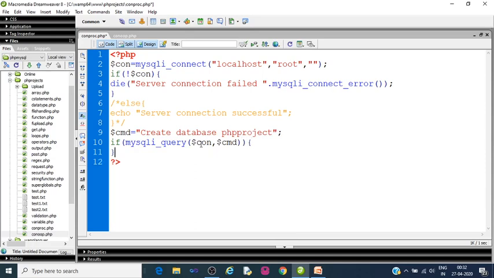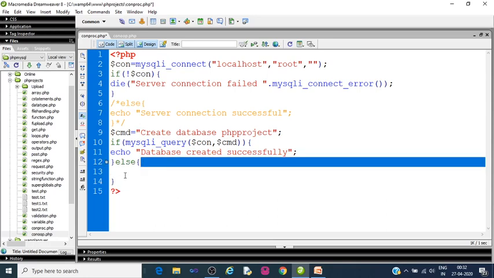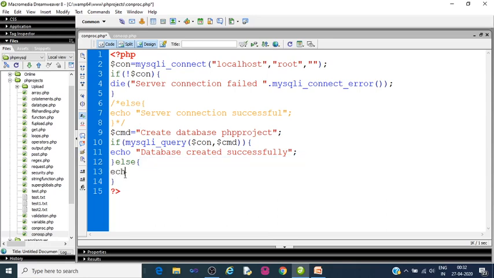If this gets executed, then echo database created successfully, else if this statement does not get executed, then an error message should come: error in creating database.